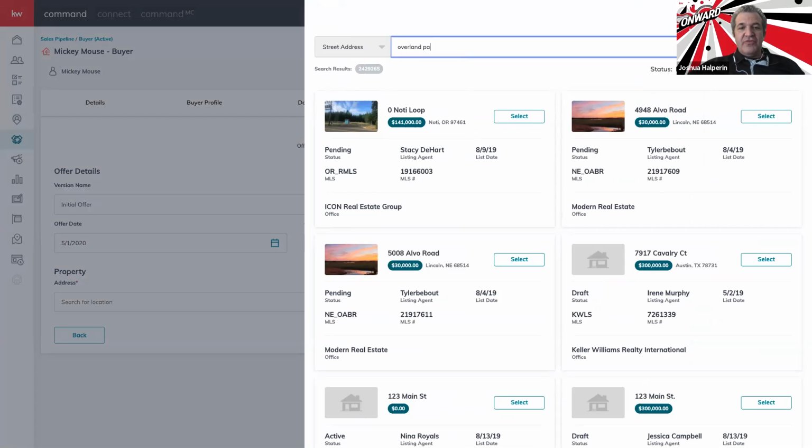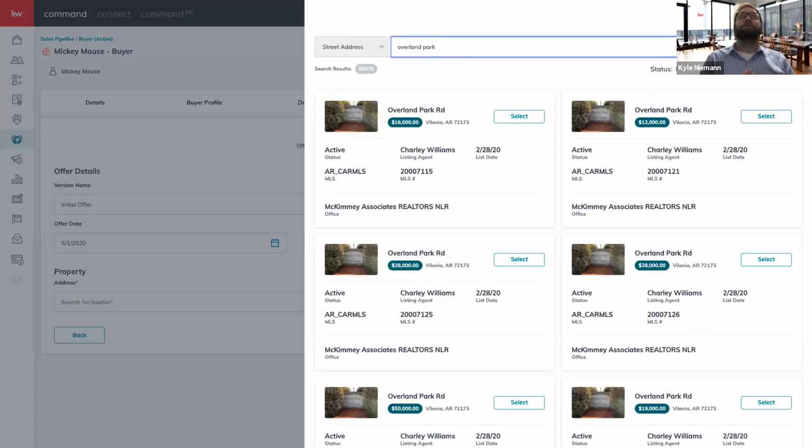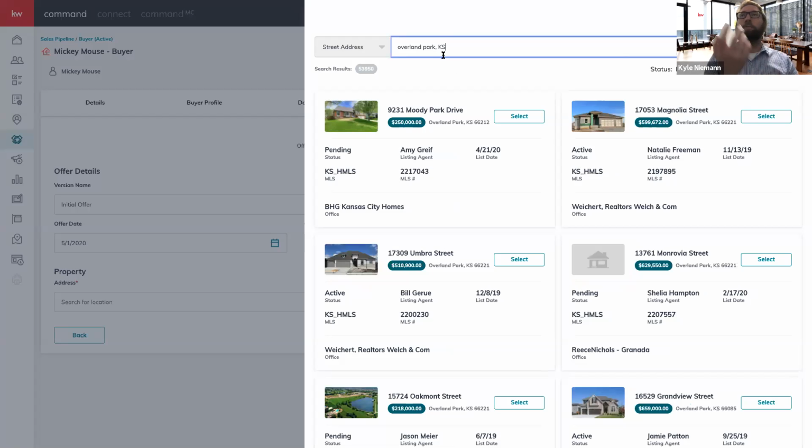Will it just work if we just put in my personal address, for example? No, because it has to be in KWLS. Okay. So I'm just going to see if I can find one in Overland Park, Kansas. We're going to pretend I searched for 17053 Magnolia Street. And I can actually do that. Let's just copy that. So I'm going to make an offer on